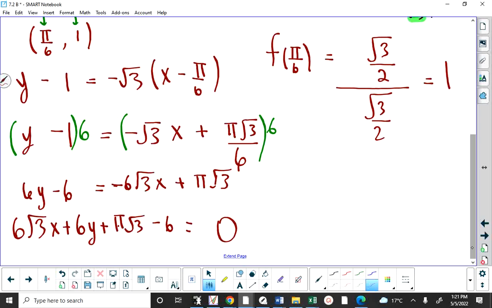Go ahead, Ben. Definitely. Minus pi root 3 plus 6 root 3x. Yeah. So,